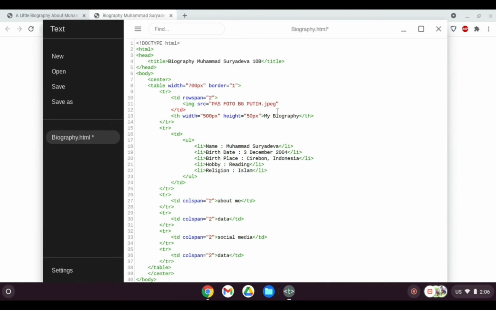Now we put the alternate name, let's say my photo. Let's stop here first and put it like this. Let's save this and see what this is going to look like.